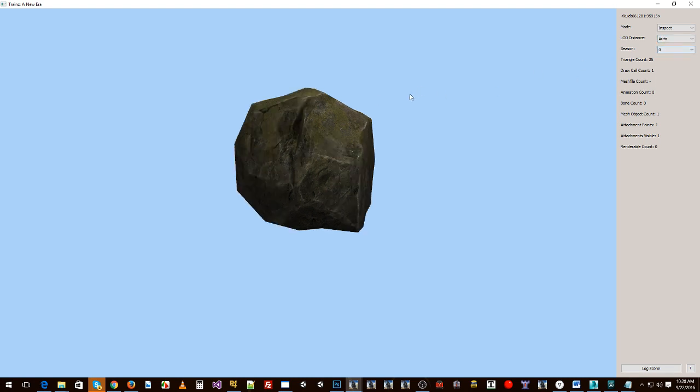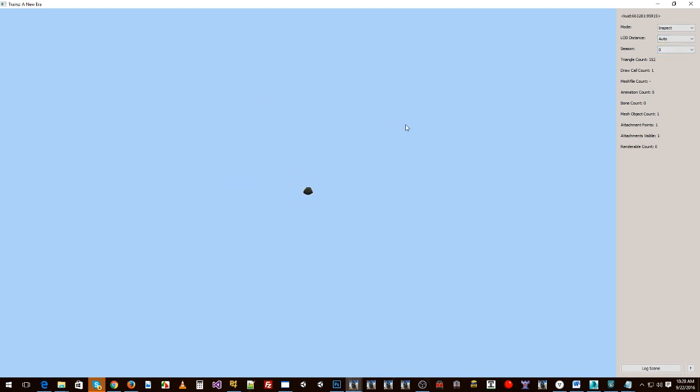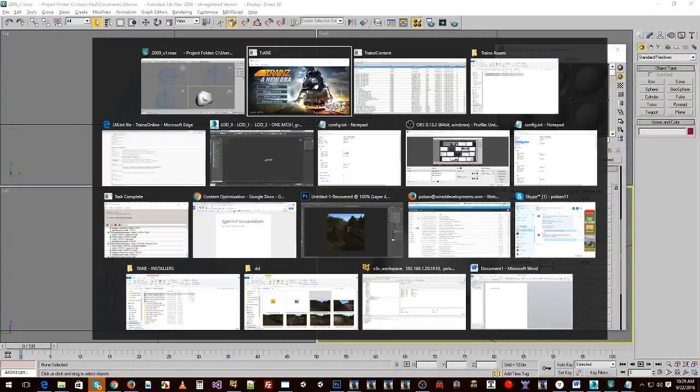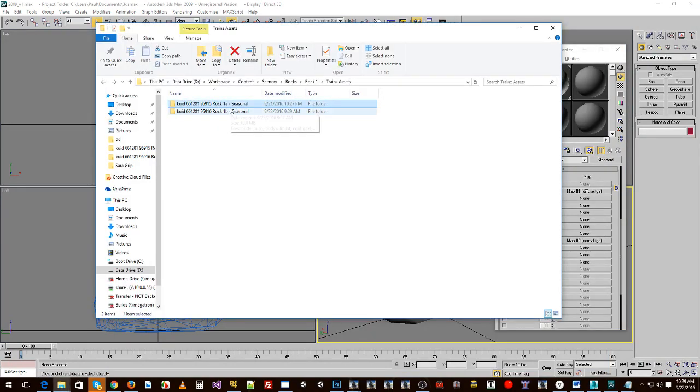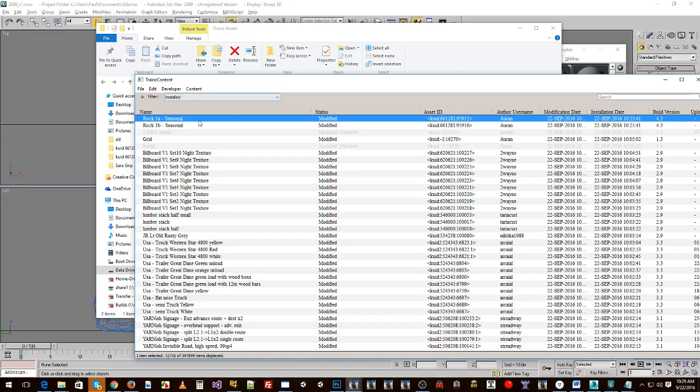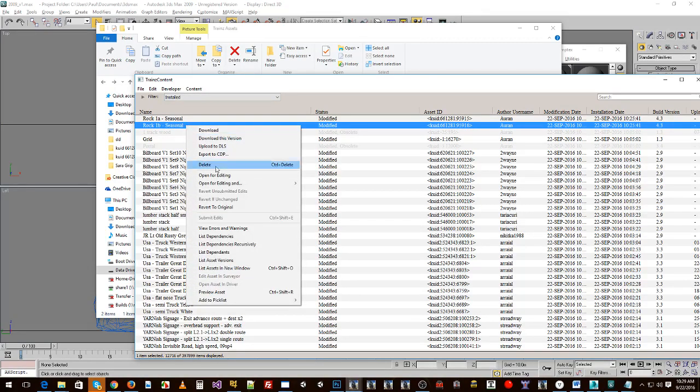So set it to auto. Make sure the LODs work the way you want them to, and you're getting some good results with your LODs. Maybe you don't need 4 LODs. Maybe you only need 3 LODs, and then that's even less work for Trainz to do for your assets. So that's Trainz automatically doing it itself. And you configure the LODs in the config.txt. The next one we're going to show you is the Rock 1B, and this one's configured in a .lm